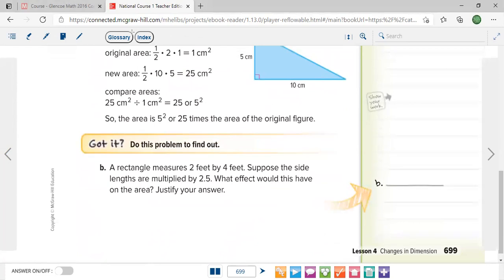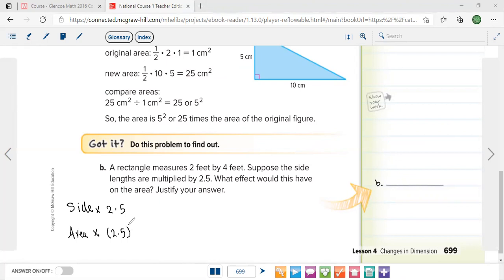Let's take an example. A rectangle measures 2 feet by 4 feet. Suppose the side lengths are multiplied by 2.5. What effect would this have on the area? So we said that side multiplied by 2.5 means the area multiplied by